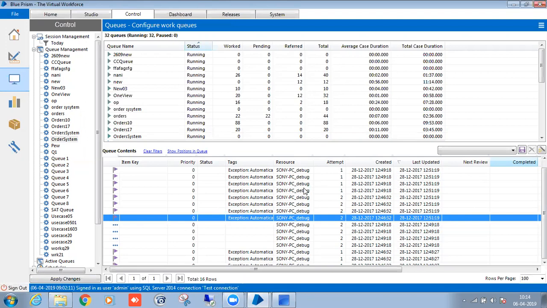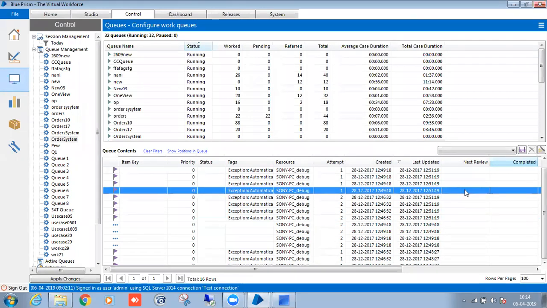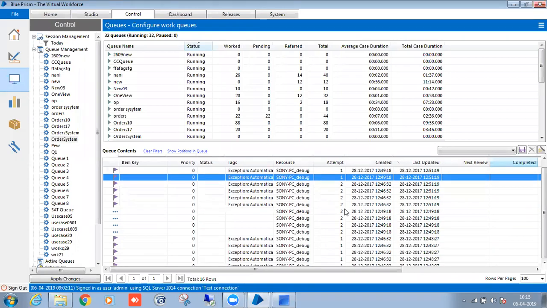Tomorrow I will start with the work queue. That will take some 4 to 5 hours of class to explain the work queue concept. So how to get the work queue data from the queue: suppose the client has a requirement that I need to get the data from the last 1 month, how many they have processed successfully, how many flows had exceptions, and why the exceptions happened. Every detail we can track using the work queues. It's a very simple concept. There are lots of actions, operations, and features you can perform with the work queues. Okay.